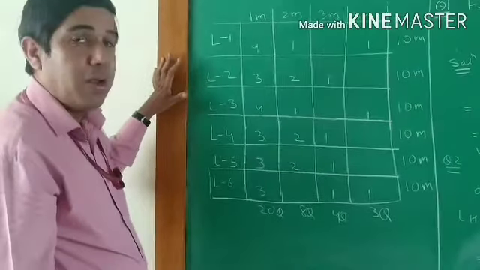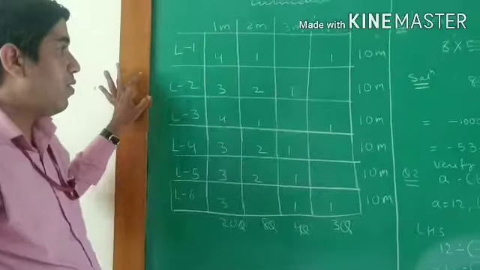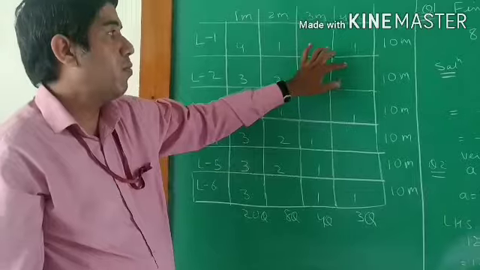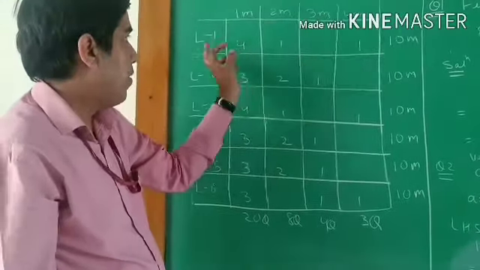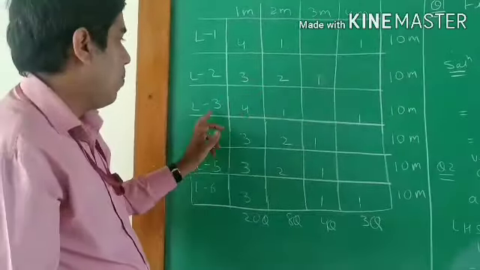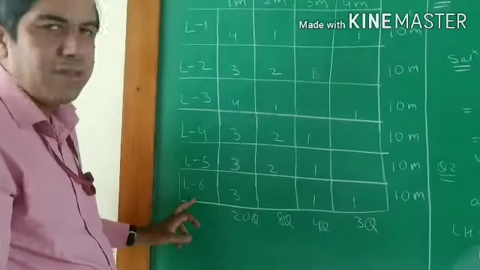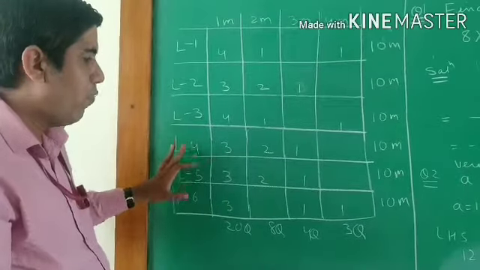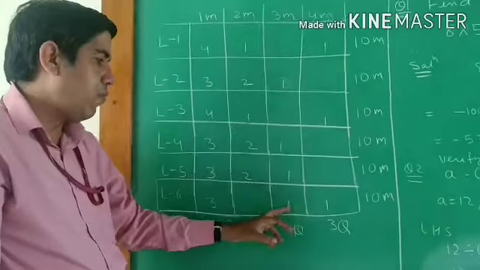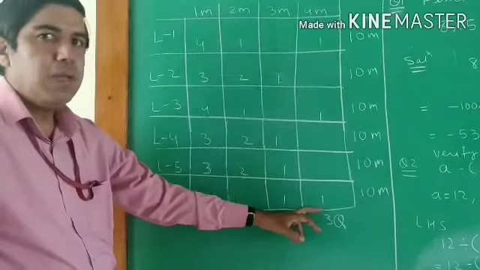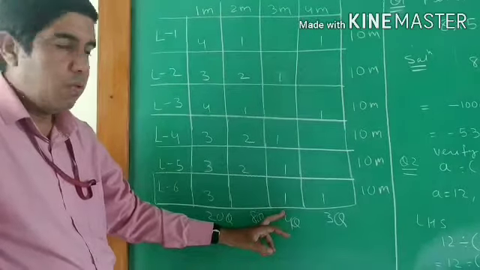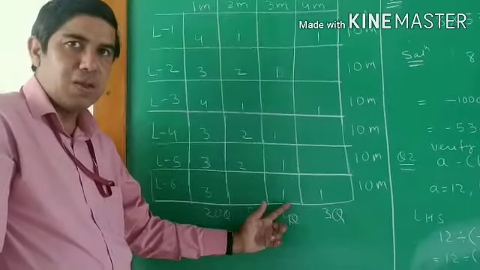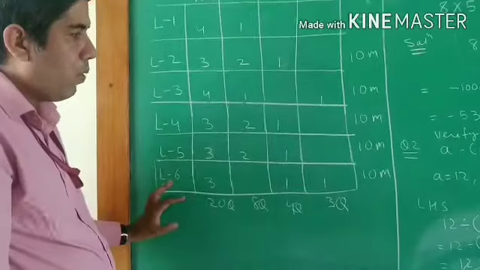Now, the question comes to mind, what is the use of this? The use of this is that if you want to know which chapter contains more 4 marks questions, you can see lesson number 1 has a 4 marks question, lesson number 3 has a 4 marks question, and lesson number 6 has a 4 marks question. So on the basis of that you can prepare yourself. You can see more detailed questions are there. 3 and 4 marks questions are here also and here also. So it means the lengthy questions are mostly asked from lesson number 6. One is 3 marks, one is 4 marks. So prepare on the basis of this.